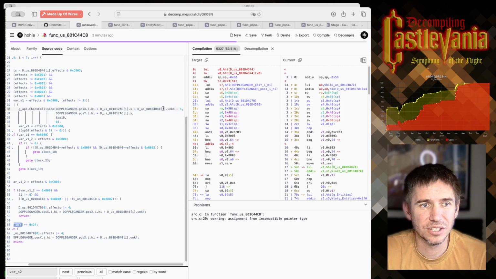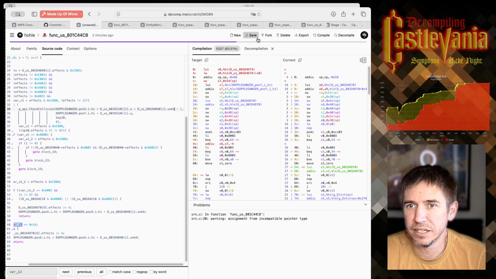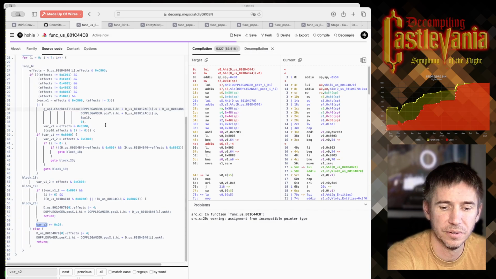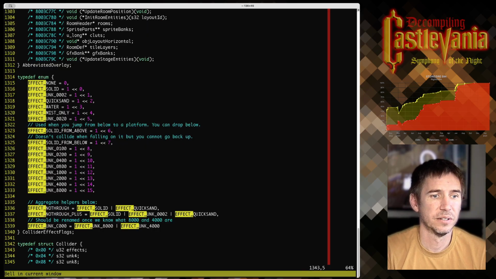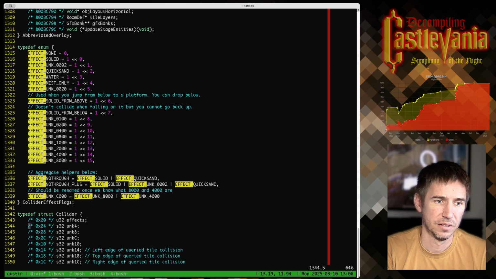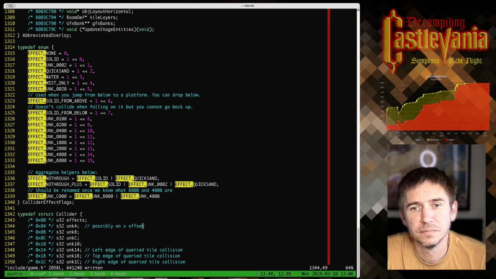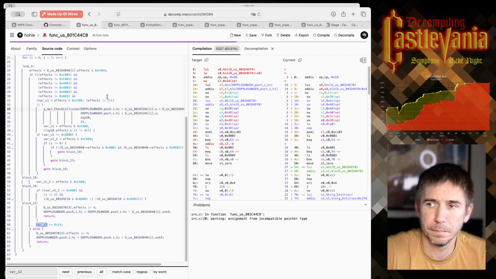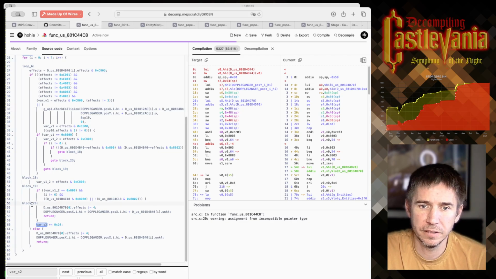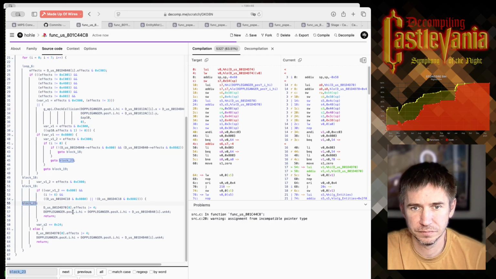So it's some X offset, it looks like, and I might add that note to collider. And let's look where these other